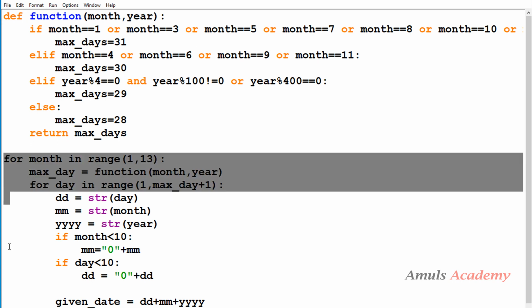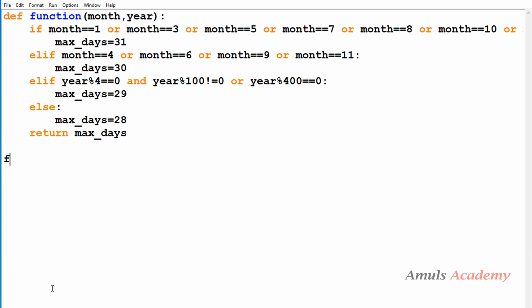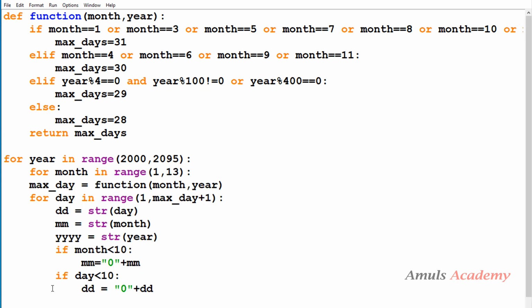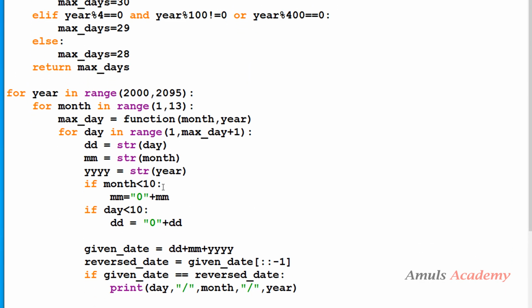And here we need to take another for loop, that is a for loop for year first, from 2000 to 2095. Next, you need to copy that code and indent it correctly. So now if I execute this,